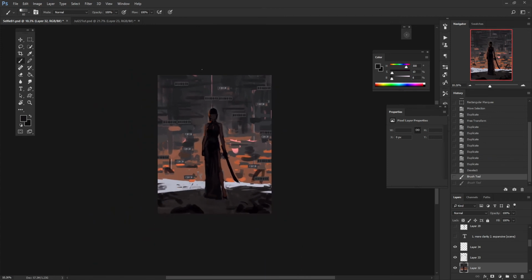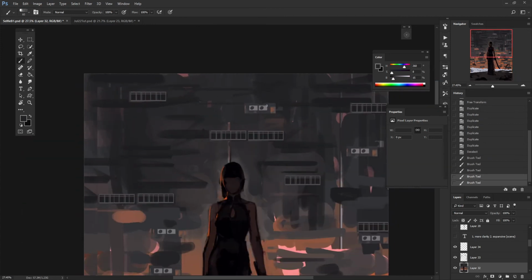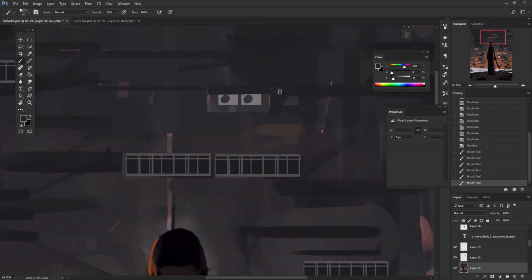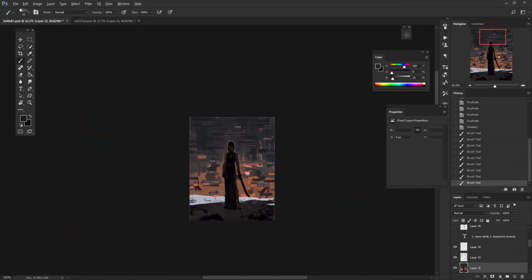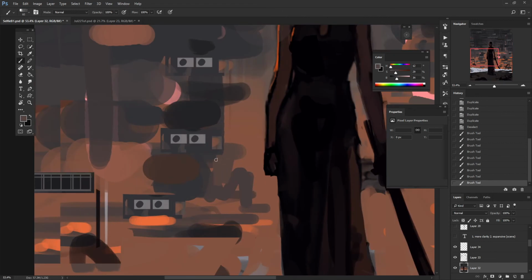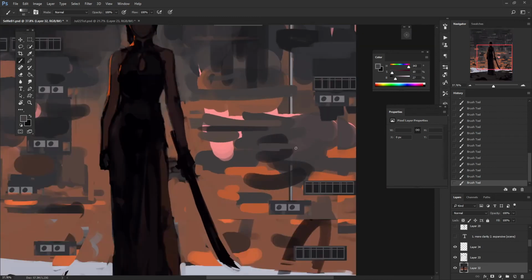So at this point in time, I think it's fine to slow down a little bit. I've been trying to keep things really, really fast so as to keep things flowing, and I must say it's been working out well enough, but I think I also need to slow down a little bit. If you're painting along, or trying to follow the same pace, do not worry about that at all, right? Because there are so many times where I do what you see me doing, and then later on I just undo the whole thing because it still doesn't work. And I do something else, and then it takes really, really long. So don't worry about time or your pacing,